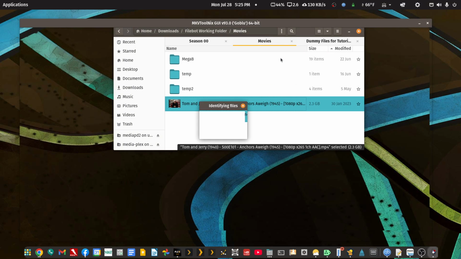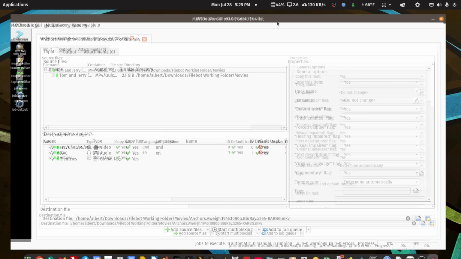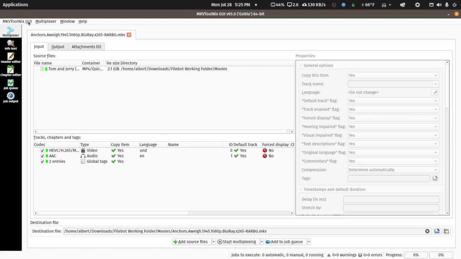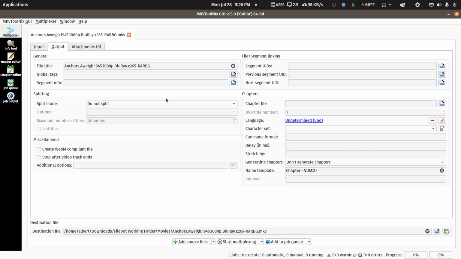Now I think you can do this under Windows, but I'm not a Windows guy, so you may have to just open it up or drag and drop it in. That'll help. That's how it'll work. So here's the file, and I'll go to Output, and I'll change Split Mode to After Specific Timestamps, and I will do 1:15:07